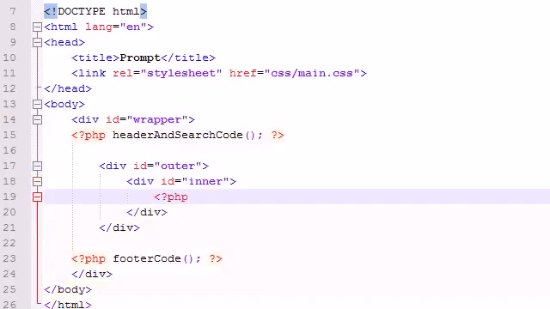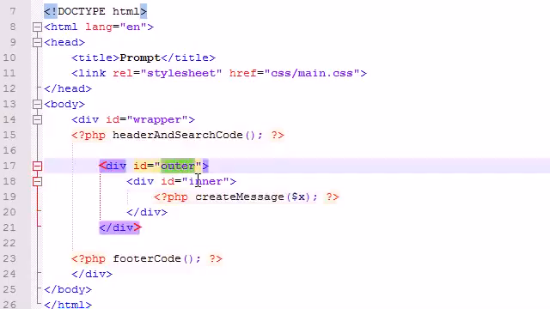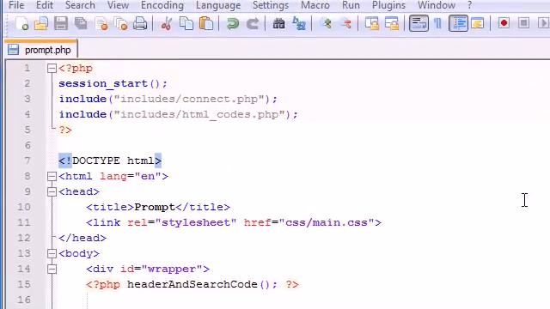and we're going to call it create message. Now what we're going to do is pass it a parameter of x, or a variable, and depending on what variable this is, that determines what message we want to output to the user. So just remember, inside here is going to be a message that changes depending on what we need to tell the user. So now that we created two new divs, outer and inner,